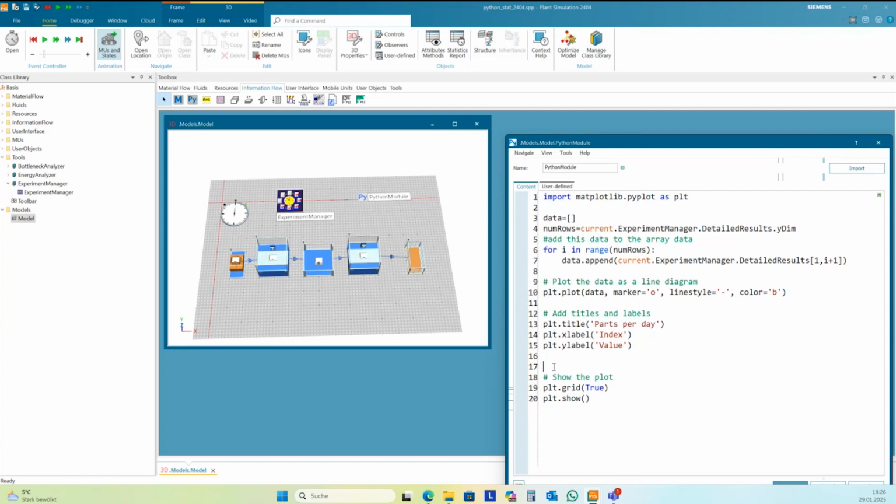There are so many options here for grid, for instance. You can define the line style.